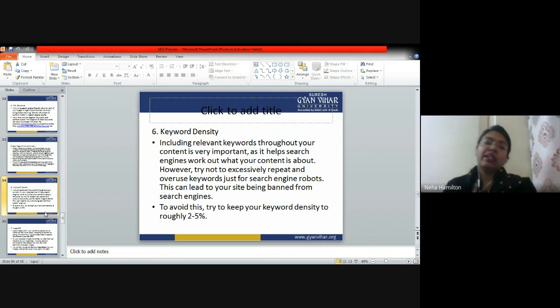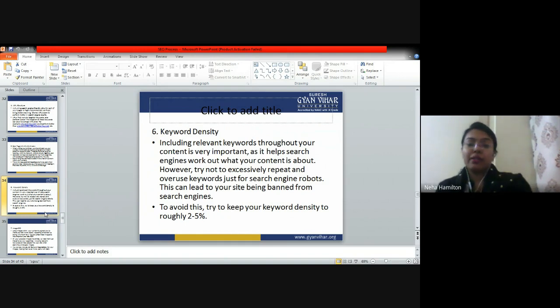So when the content writer is writing the content, you have to check the keyword density also, whether this paragraph has more keywords or not, has an appropriate number of keywords or not. This is your responsibility as a digital marketing manager to check the keyword density. Whenever you do on-page optimization of any web page of your website, then it is your responsibility to check whether the keyword density is appropriate or not.